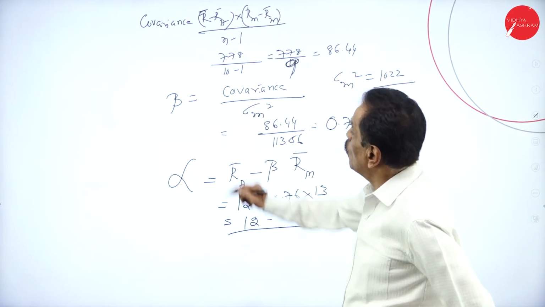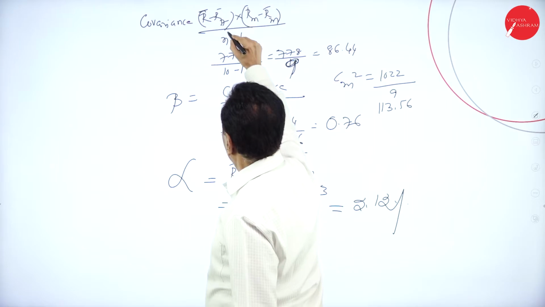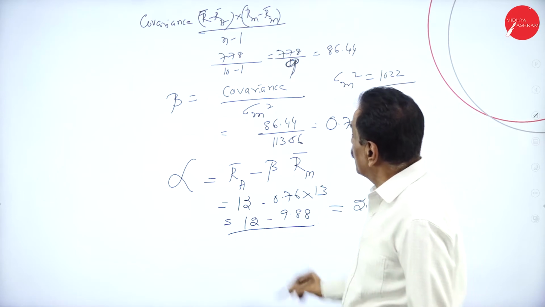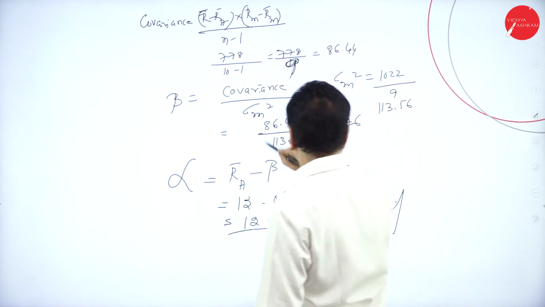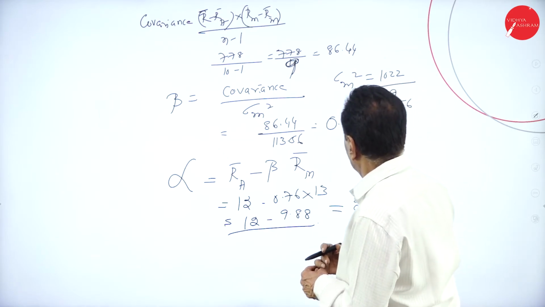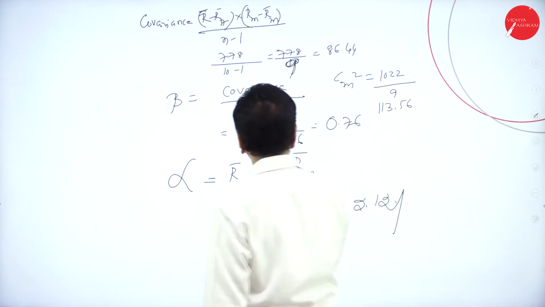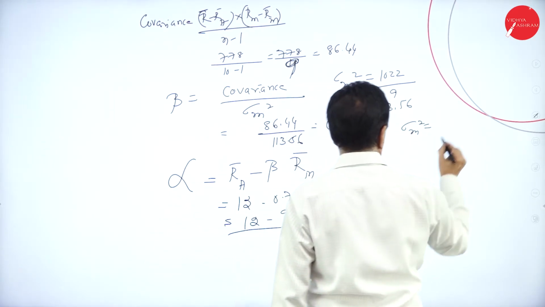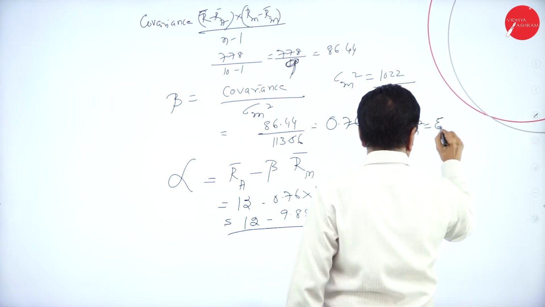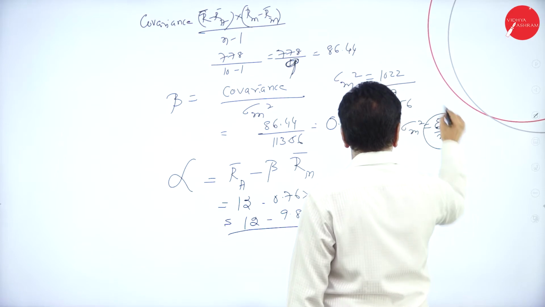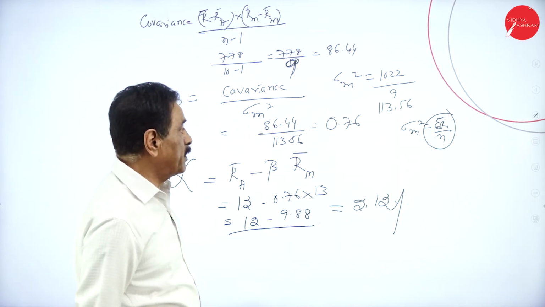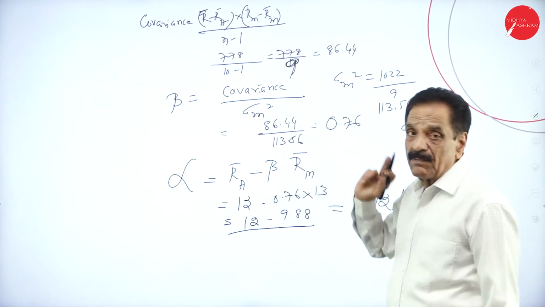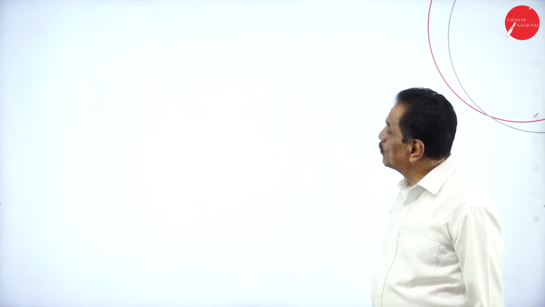Do it carefully. Covariance is equal to the sum of the deviation products divided by N minus 1. I took N minus 1 because the sample is fewer than 30. Beta is covariance divided by market variance. Market variance is 1022 divided by N. The formula for market variance is always the total, sigma R, divided by N. This is the total 1022 divided by 9. So go carefully with beta, then alpha. We are not calculating the standard deviation here. We'll move on to the next problem.